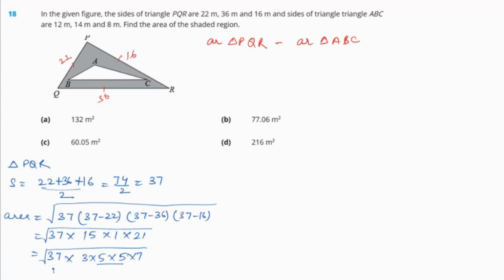So 5 we can take out of the bracket. Then we do have in the root, we do have 37 times 7 times 3. Okay, and if we are going to figure out the area of triangle ABC,